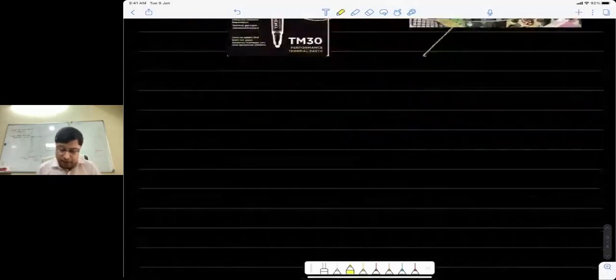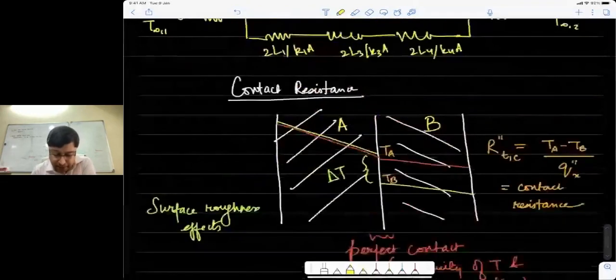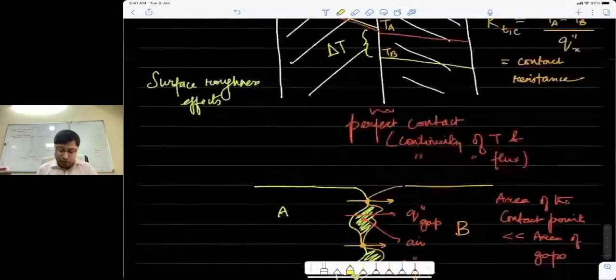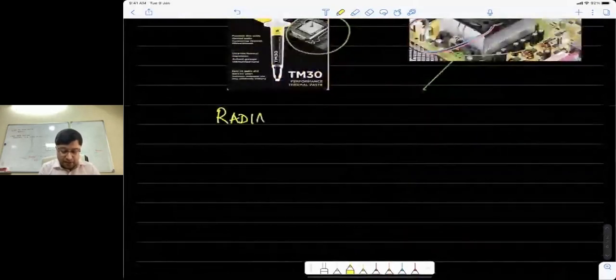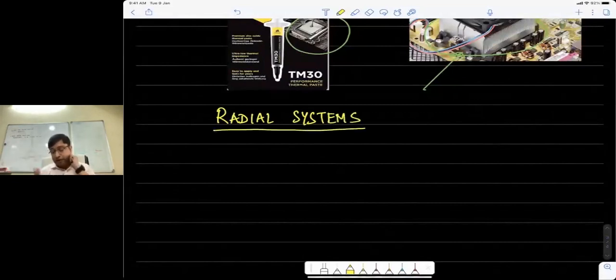We've looked at one dimensional heat conduction in plane walls in enough detail. So what I'll do now is to go into other systems, and we'll start with the conduction in radial systems. So 1D conduction, again, radial would mean that the direction along which we will consider heat conduction will be in the radial direction, or along the radius. And then we will also look at both cylinders and spheres. So this is still 1D. Let me be very clear about this. And we are still looking at steady state heat conduction.